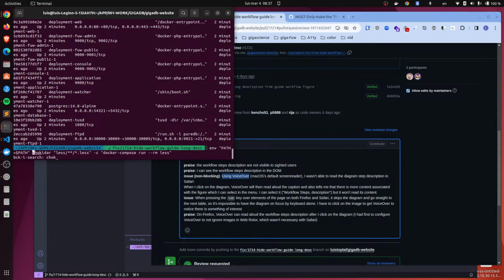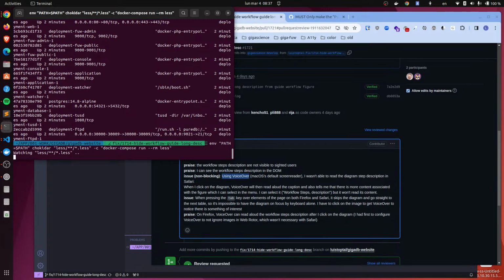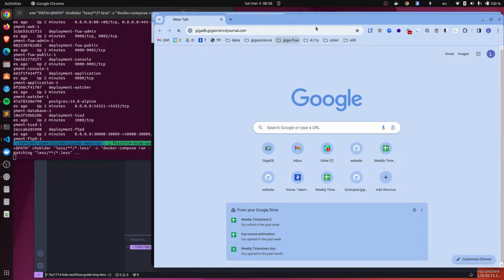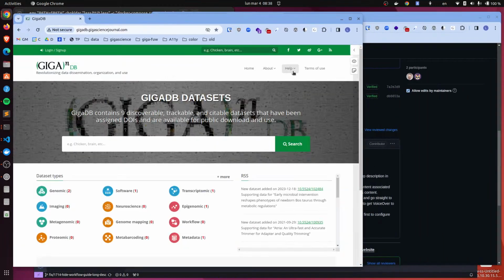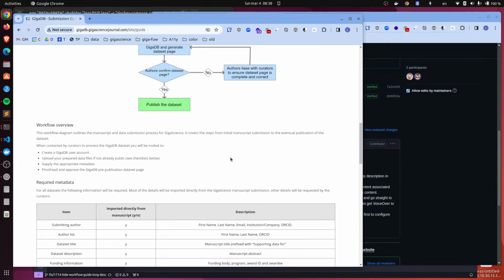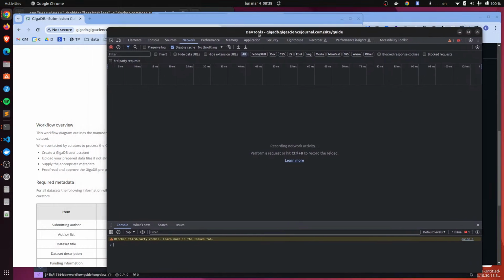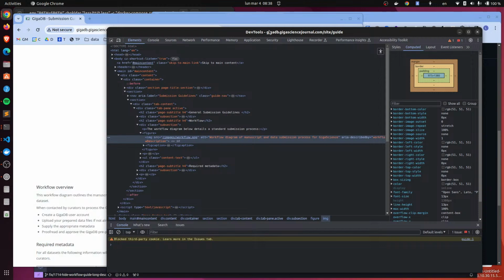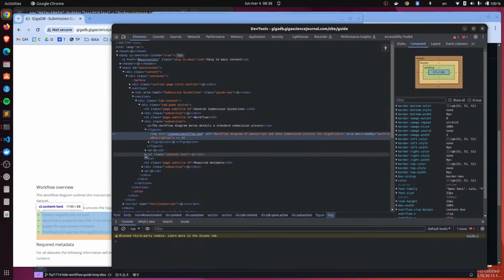Well, I'll run it in the background just because. On the project guidelines page, we have this. The ticket was about hiding one description of the image from view, but keeping it in the DOM for screen readers.